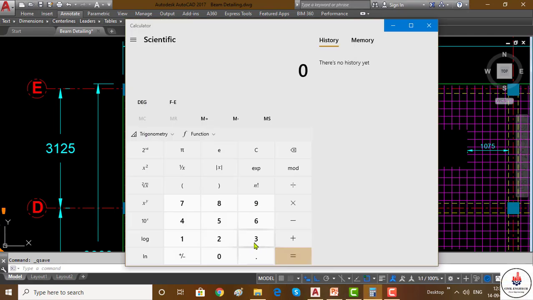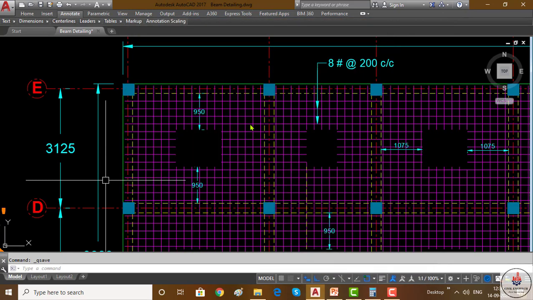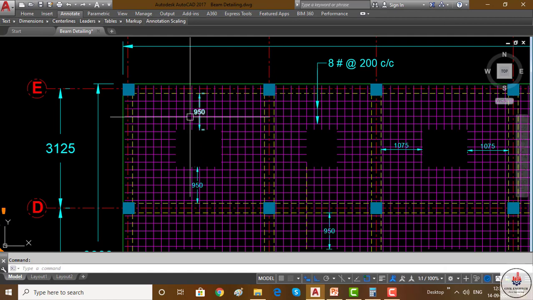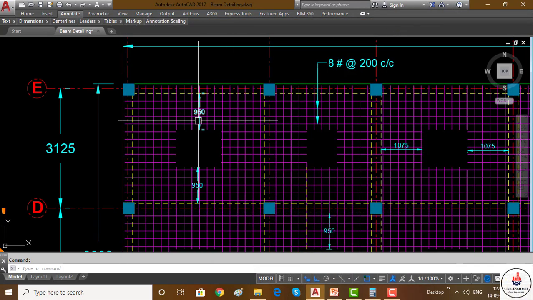Our span length is 3125, so 3125 into 0.3, we are getting the value 937.5, but we have not provided it here as it is; we provided 950. As this value is not a multiple of 25, we are not going to provide it, because a multiple of 25 is easy to measure at the site by the laborers or any other person.